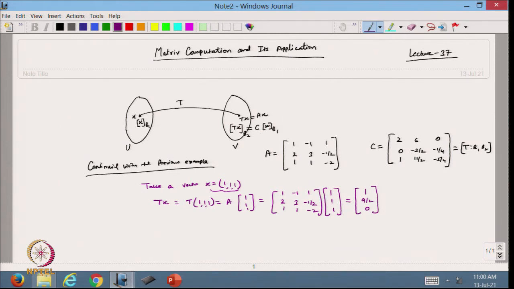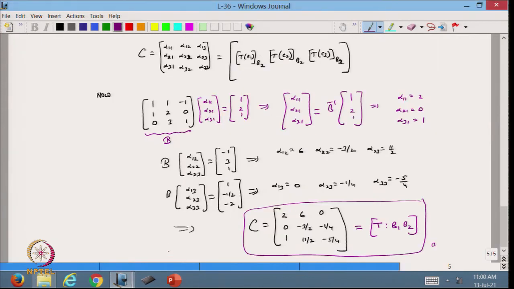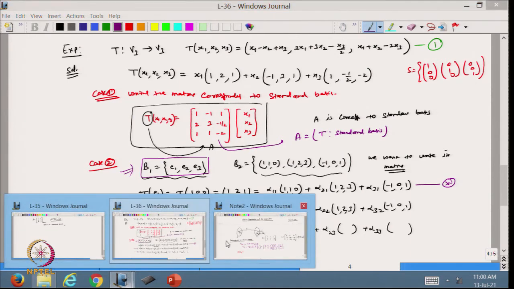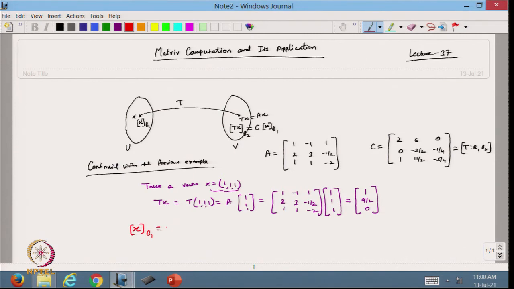So, what I am going to do is take the same x and write it in the basis B1. Now, if you see from here, the basis B1 is, again, just for simplicity, taken as a standard basis. So, I think it is not going to change anything here. So, the coordinates will be the same, 1 1 1, no problem. So, this is what I have taken now.